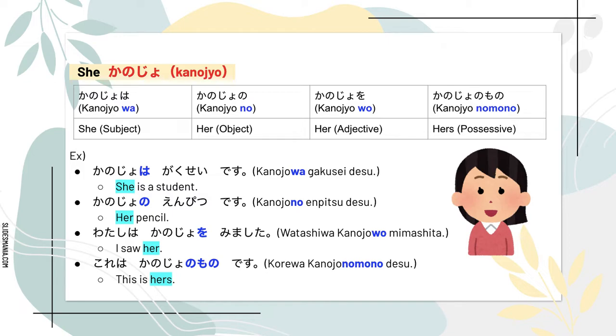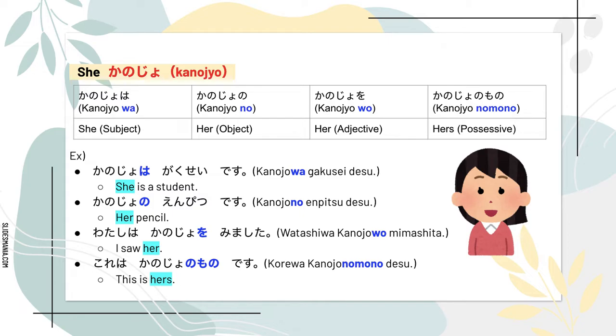The next one would be the example for object sentence. And it says her pencil. Her in Japanese was 彼女の. So to say her pencil in Japanese, it will be 彼女の鉛筆です。